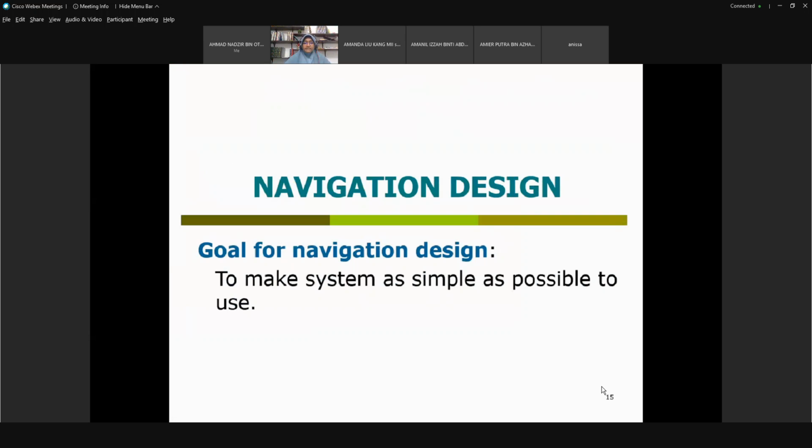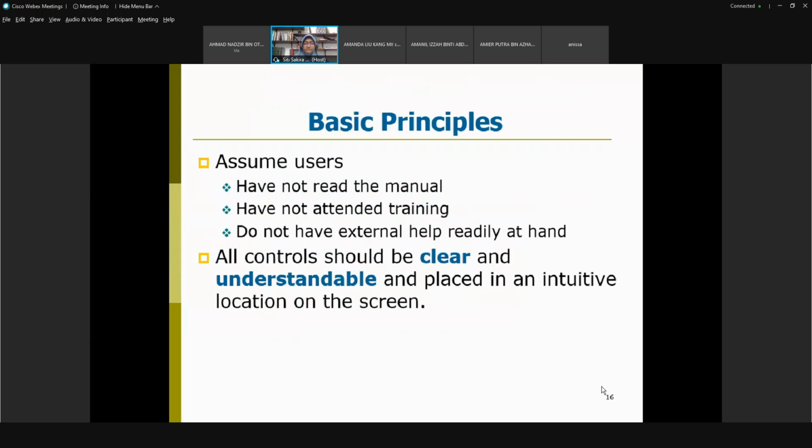Okay, next is the navigation design. We are going to go through each of the designs that we discussed just now: the navigation, the input, and the output. The goal of navigation design is to make the system as simple as possible to use. The basic principle is to assume users have not read the manual, right? Even if you have designed a good user manual, you have to put some help in your system, like